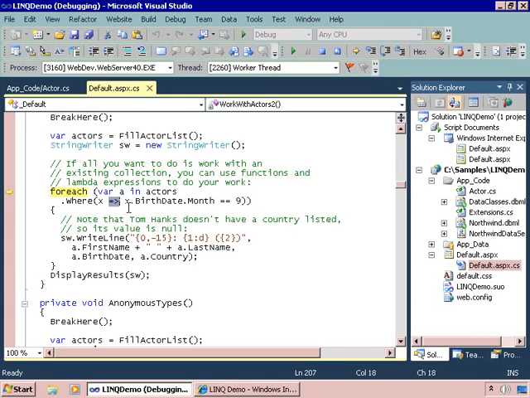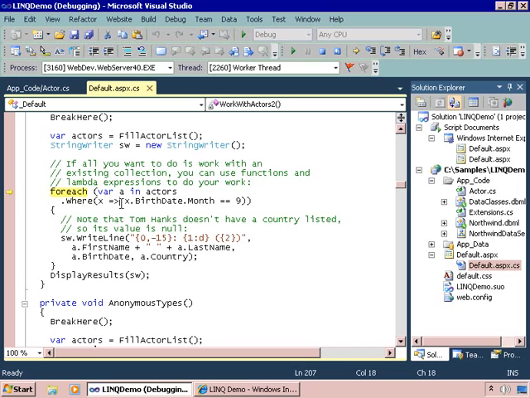I'll use x where x.birthdate.month equals 9. You can think of how you want to look at it yourself, but in any case, this represents the individual actor in each case, and since we're looping through a collection of actors, the compiler knows that. And so you even get IntelliSense on X even though we haven't specified its type. X.birthdate.month equals 9 represents the condition on our where clause, and only actors that meet that criteria will be returned. So actors.where, remember this is all one expression,